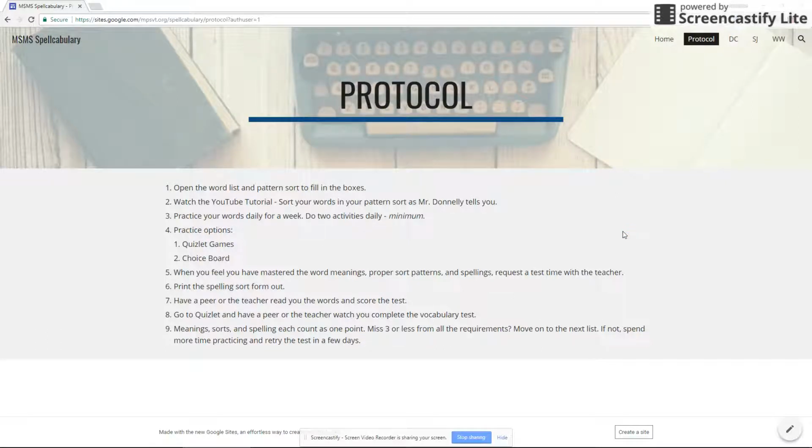Okay, for this video tutorial, we're going to be talking about the Spellcabulary protocol, the very beginning of the protocols. So number 1 and number 2, it tells you that you're going to open your word list, which you can find over here, and your pattern sort. And you're going to have those both open at the same time so that you can fill in the boxes of the pattern sort. Once you have all the boxes filled in, then you're going to watch the YouTube tutorial